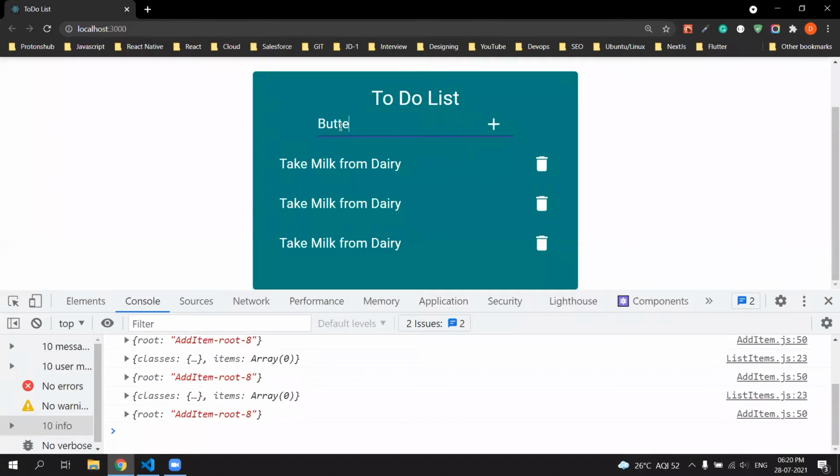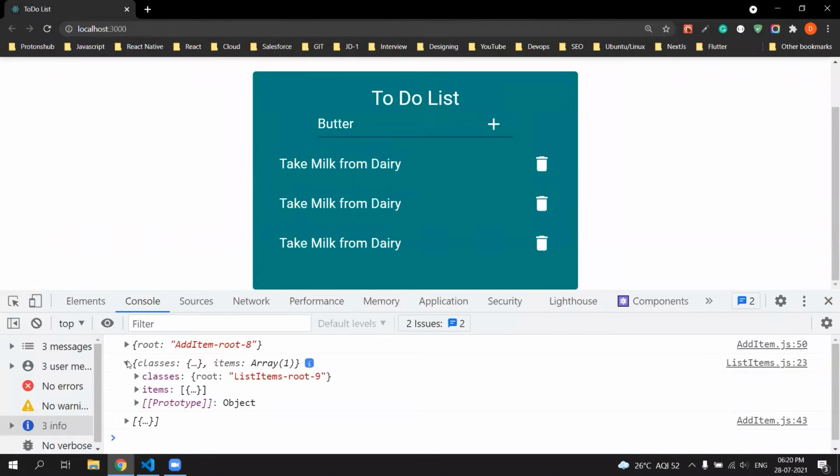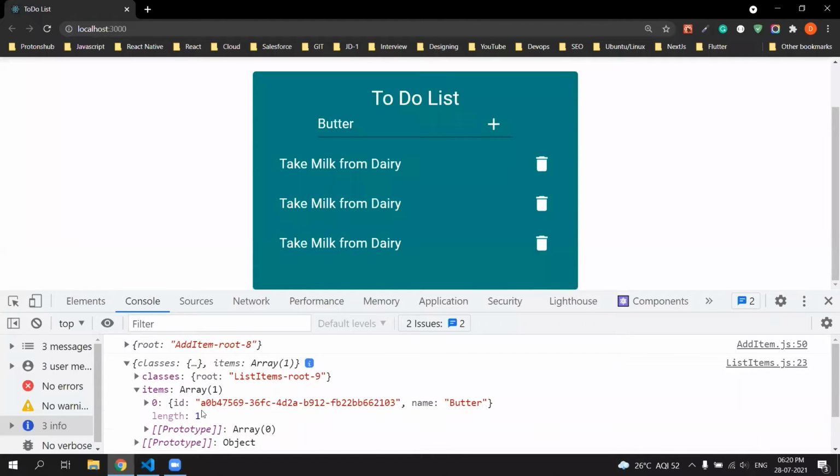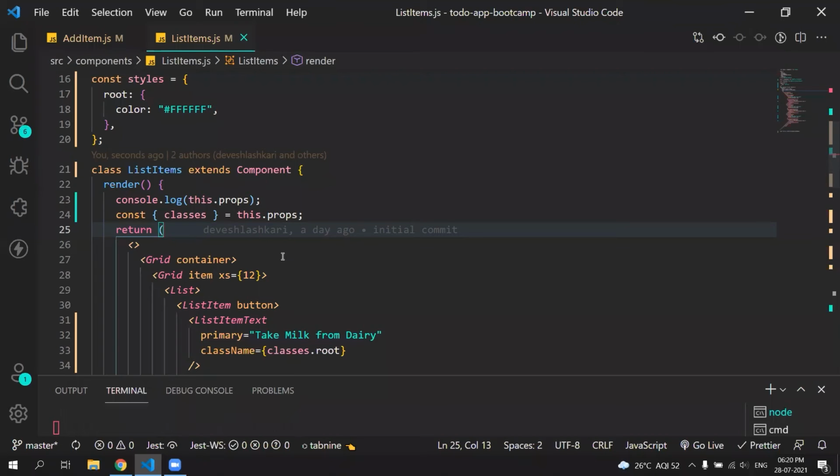So let's add butter. If we add butter, we get items butter as a prop here. So now we have got our data from one component to another using props.